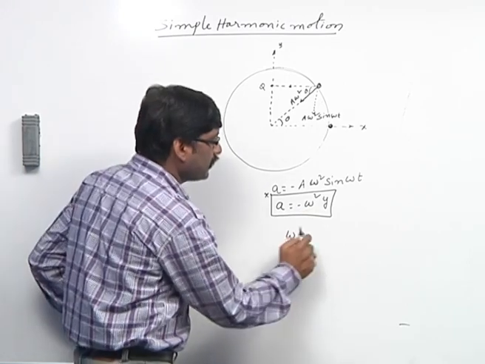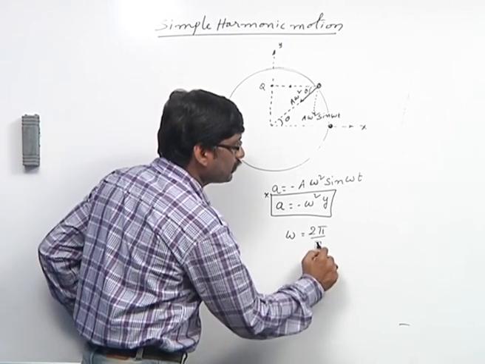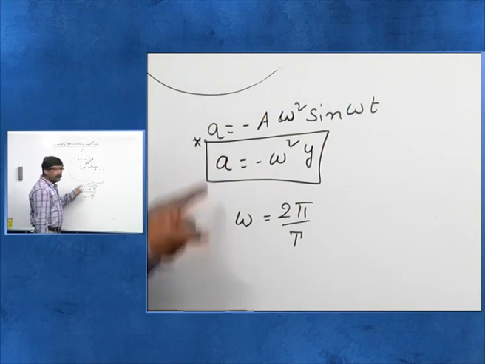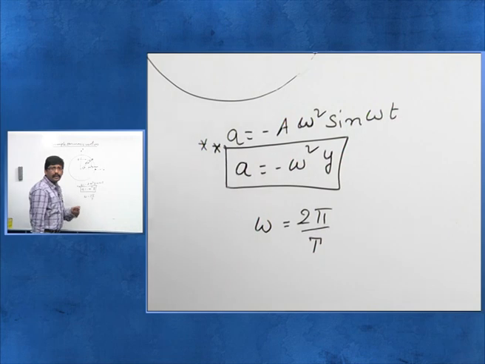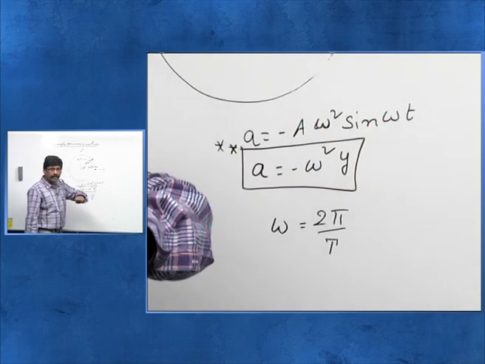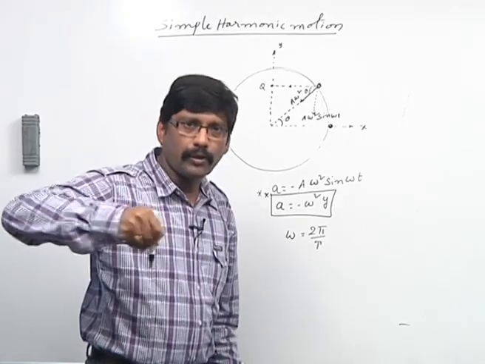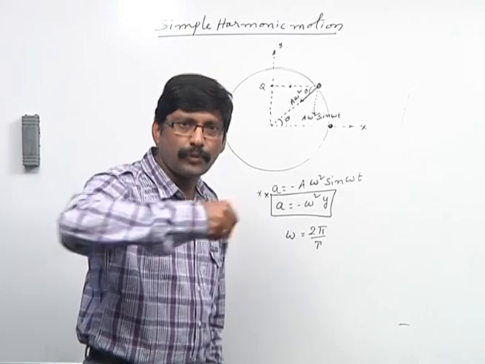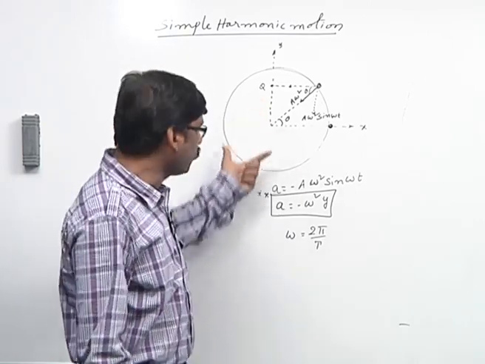From angular frequency, we can find its time period, which is equal to 2 pi by omega. So this is a sufficient and necessary condition for SHM. That is the basic idea of SHM. When a particle is in uniform circular motion, its projection is in SHM, and the corresponding equations are